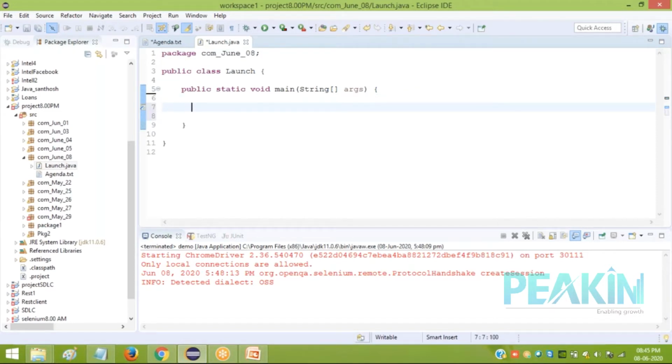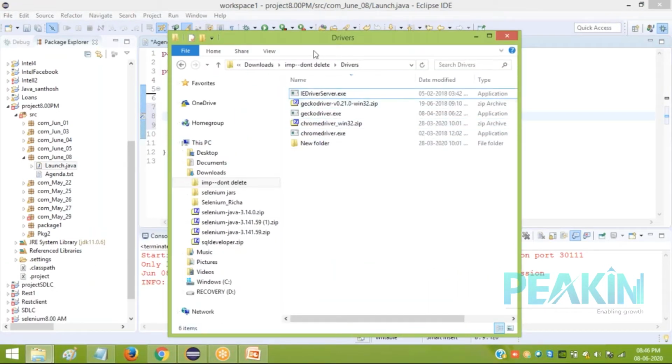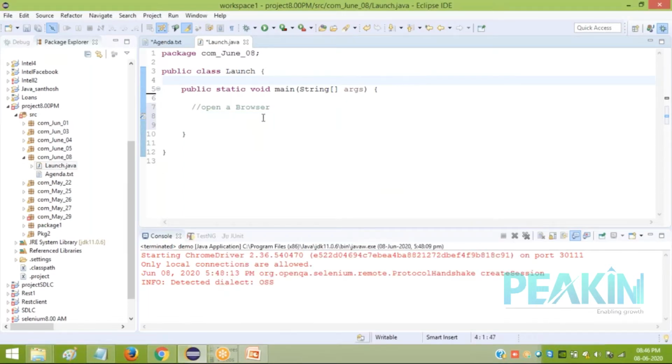So in this, first I have to open a browser. How do I open a browser? With the help of these downloaded drivers, I need to open a browser. How will these drivers give an instruction to open the browser? The driver should be interacted with your Java program internally through a class, to some class. Then that class will help to open a browser.